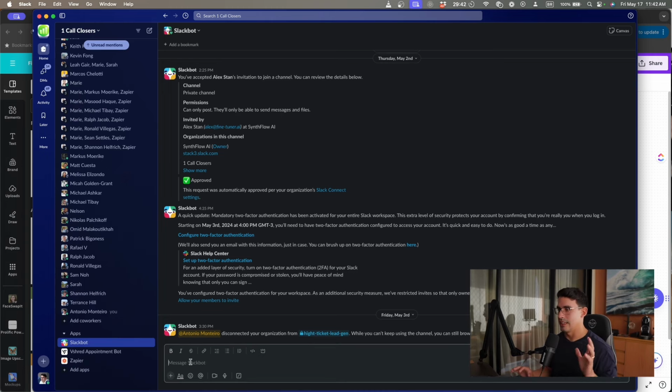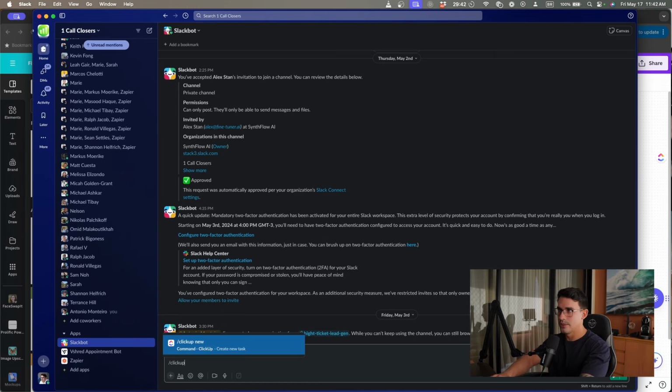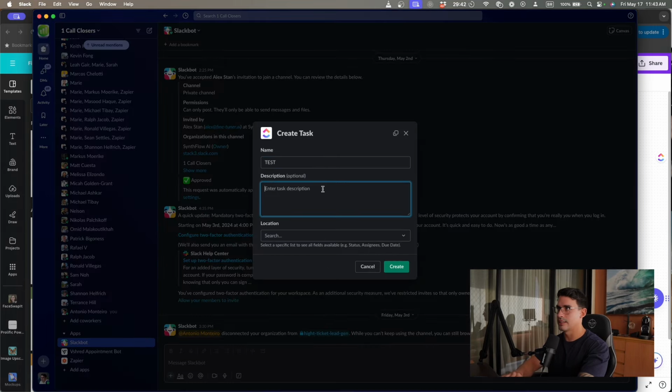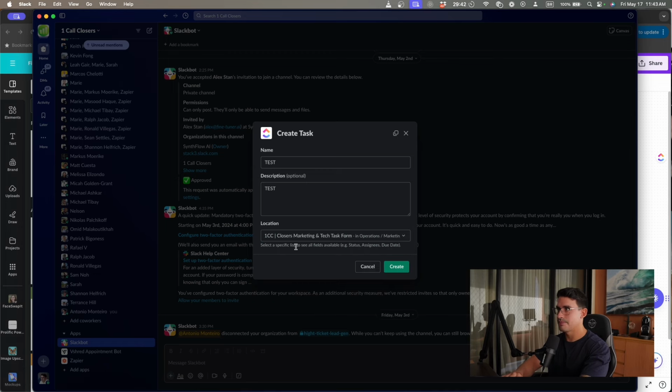So basically in Slack, a very good feature that you can use to streamline your operations is you can use ClickUp new, and it is going to create a task automatically, and then you can put it on a specific list over here.